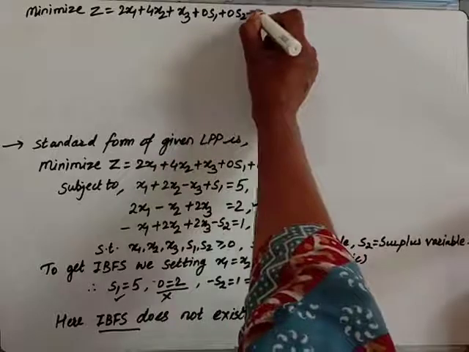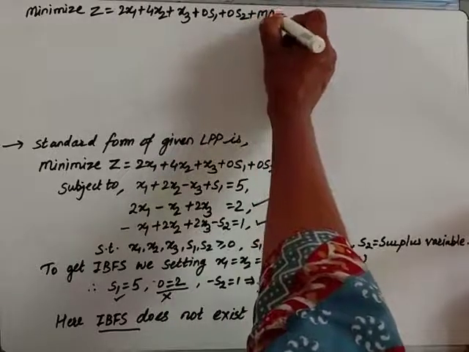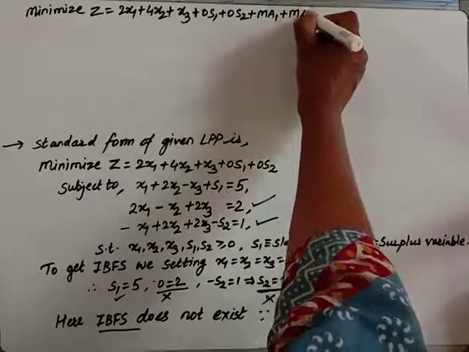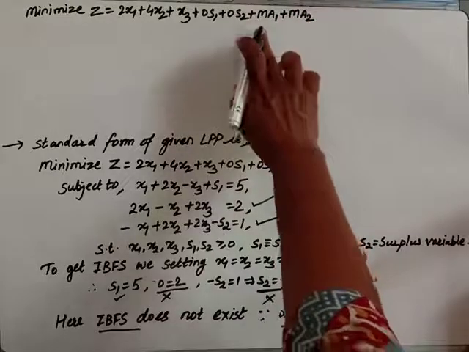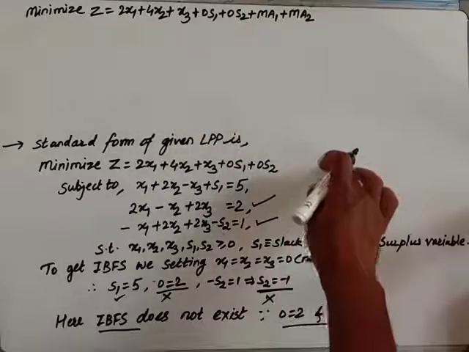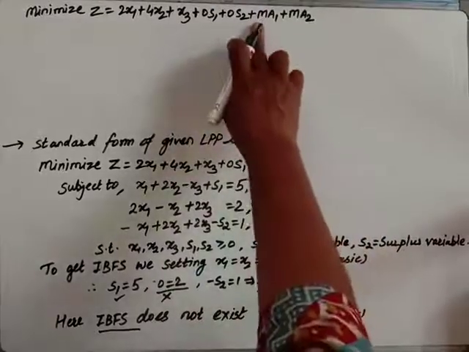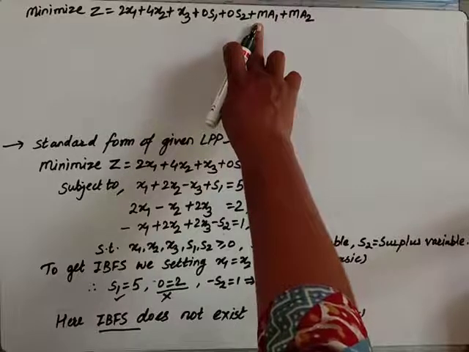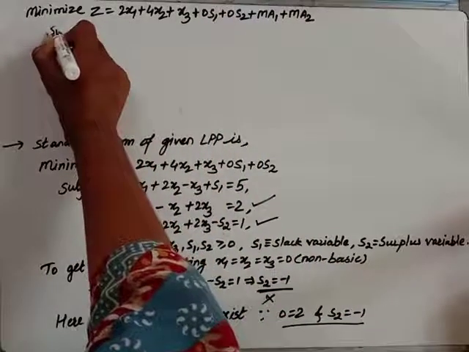So two artificial variables, and both have the coefficient plus m. Here this m is a sufficiently large quantity. If the problem is of maximization type, then we get minus m as the coefficient of these artificial variables. Subject to